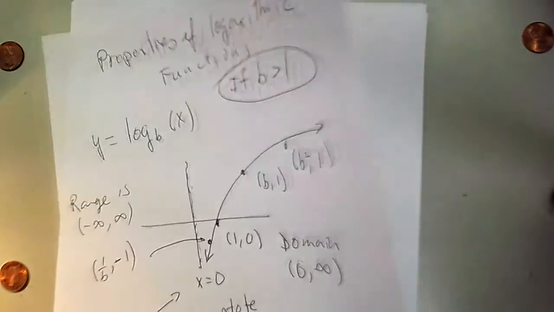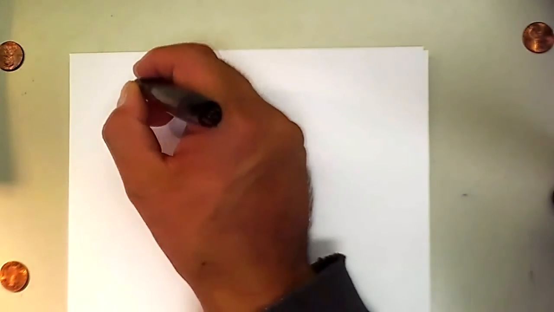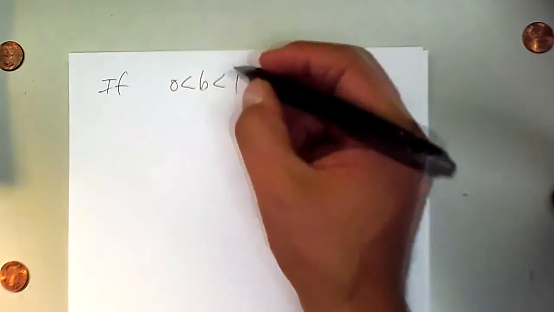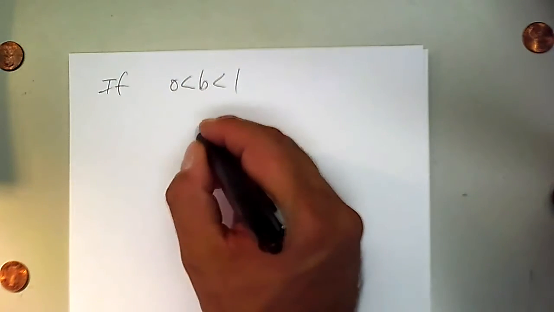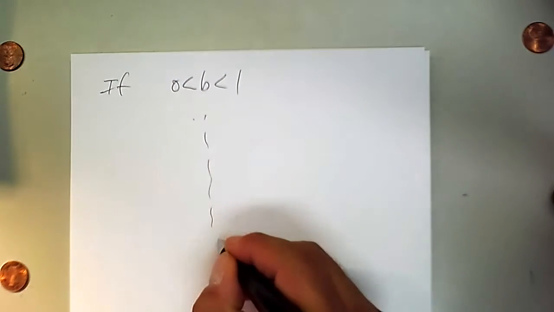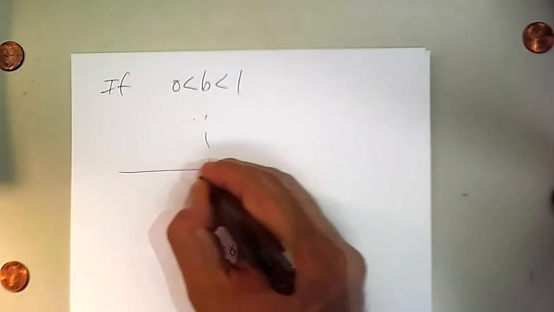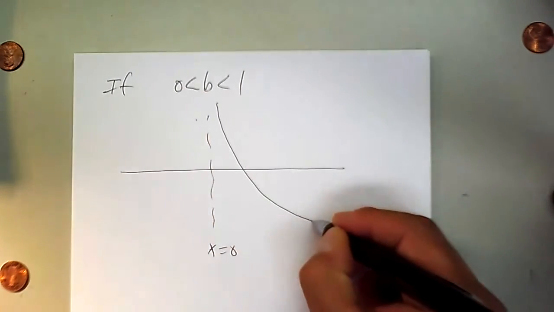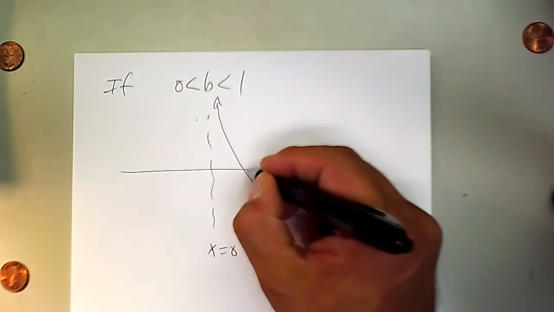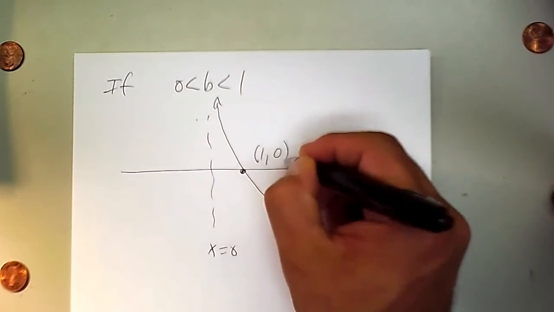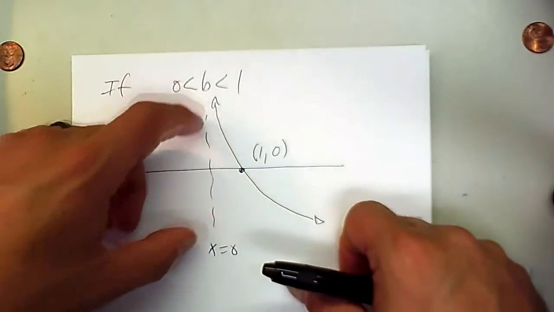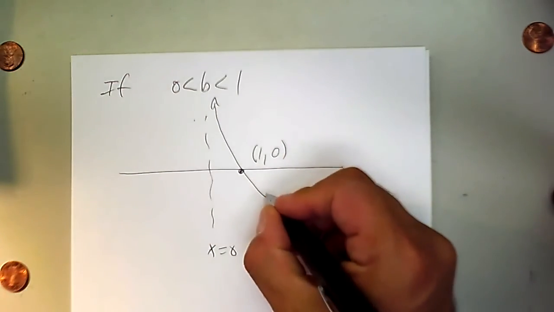Now, if b is between 0 and 1, if 0 is less than b, less than 1, then the logarithmic function does not look that way. We still have an asymptote at x equals 0, but the graph, instead of going up this way, is going to go down this way. So we're still going to go through (1, 0). We still have the same asymptote, the same domain, the same range. The difference is that here,